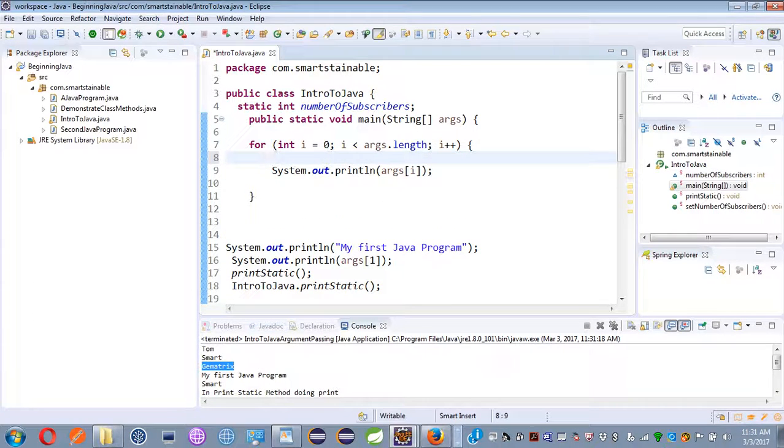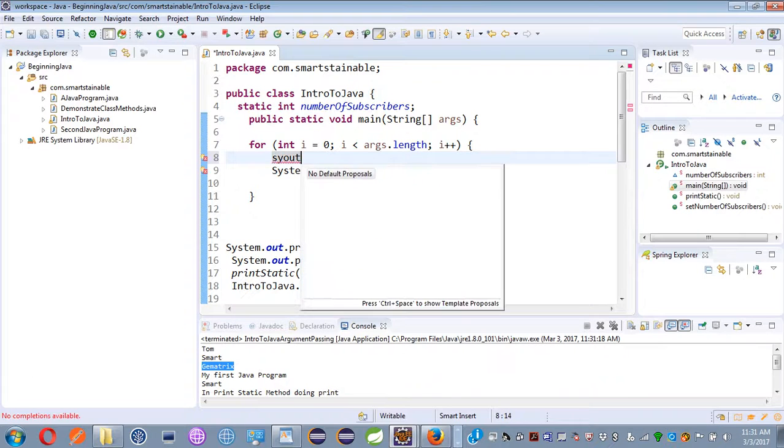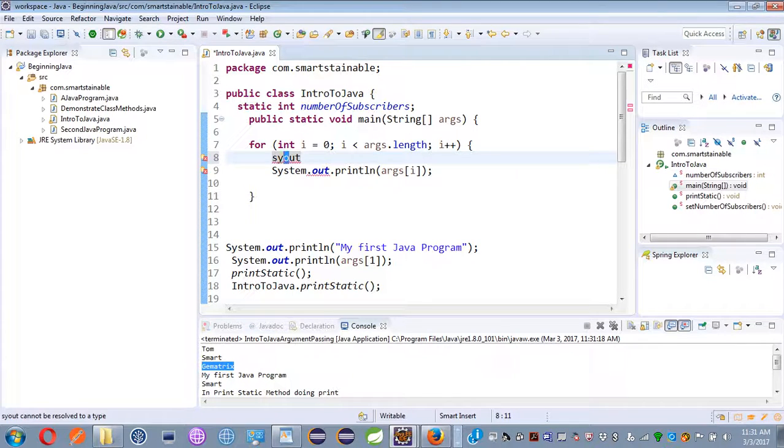I could also do something like this. Sys out. Oops, typo. Try that again. Sys out. And I'm going to print out value of index is,